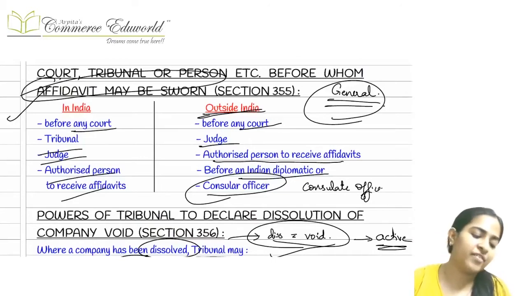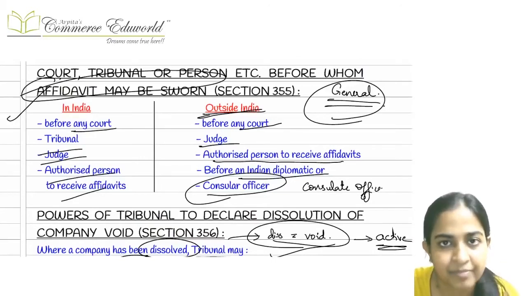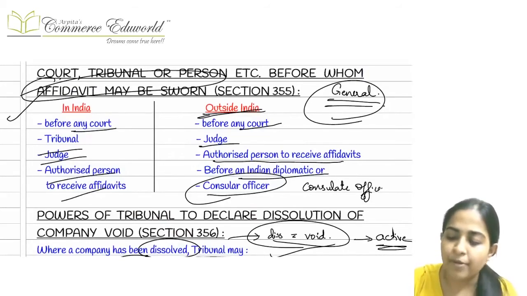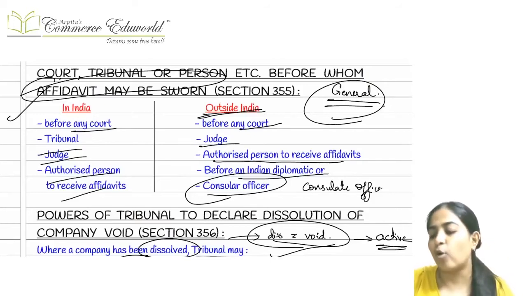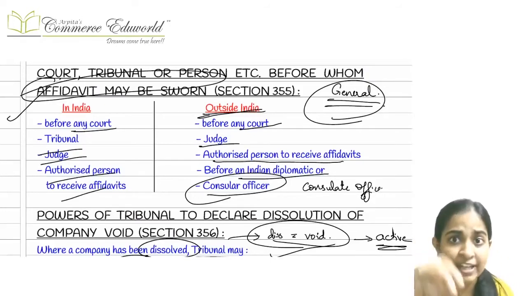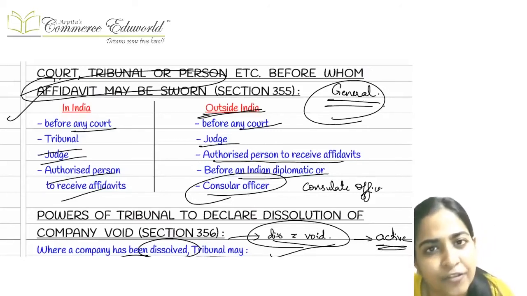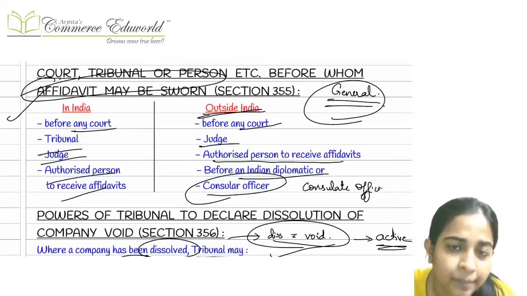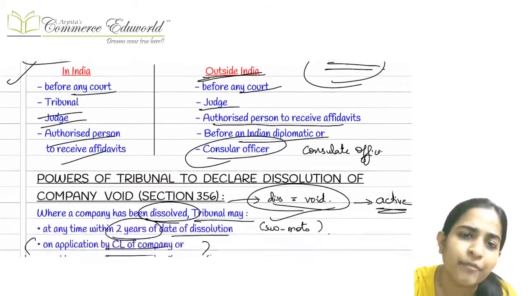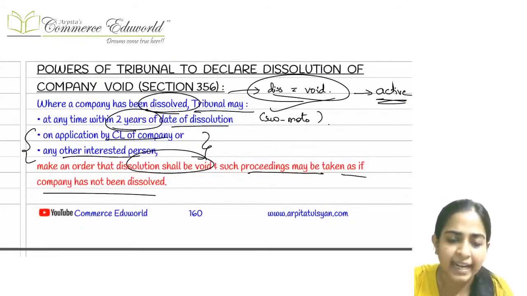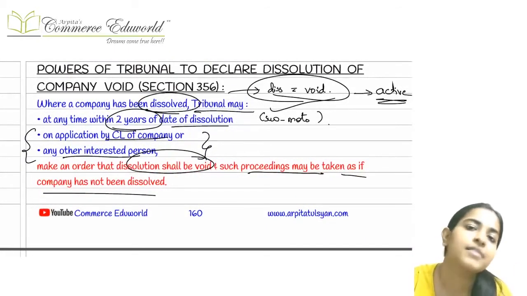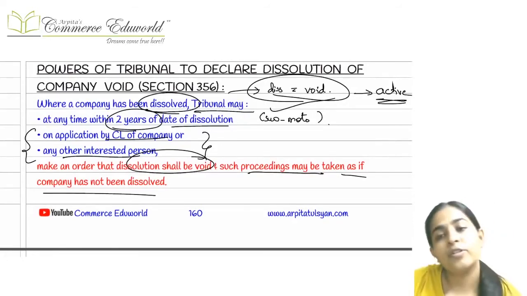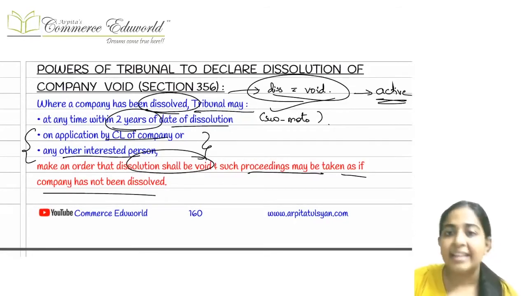Okay, again a general section which says that whenever you are preparing any affidavit, before whom are you supposed to go and swear? It can be before the court, it can be before any government servant, it can be before any authorized person just like a notary or before any gazetted officer. When it's outside India, it can be before an Indian diplomat, or before any consulate officer. Before these people you can go and sign, these people can attest it, which means that yes, the affidavit is certified.